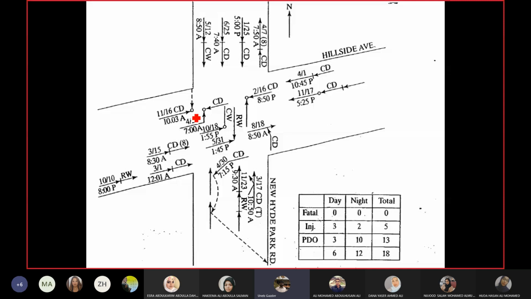So you can see a circle here. Okay, this is a right angle accident between two vehicles. Again, there is an injury as well. Okay, and then this is another angle accident with a pedestrian, and you can see what happened with the pedestrian. Okay, this is a side swipe, common direction, same direction.